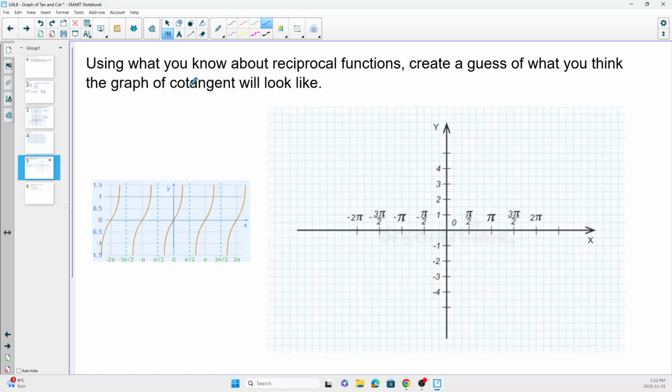And using what you know about reciprocal functions, now we are going to come up with a guess of what we think the graph of cotangent might look like. So I'm going to give you a minute to pause the video and think about what you think might be